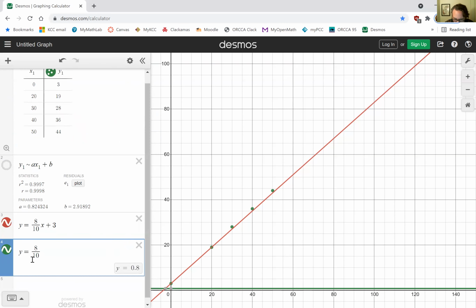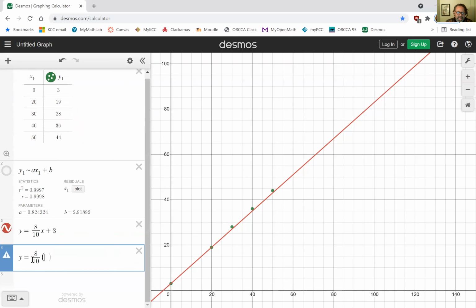We'll have y equals 8/10, but then we will have x minus some x value. So I have to pick one of these x values, kind of at random. I'll pick 30 and 28. Why not? Then the x value is 30. So we'll have x minus 30 in the parentheses, and then we'll have plus 28